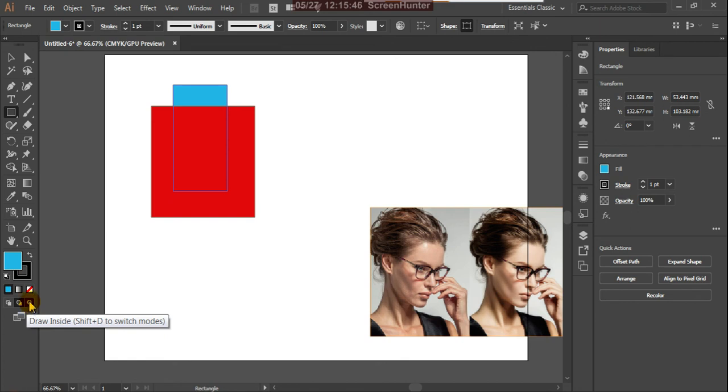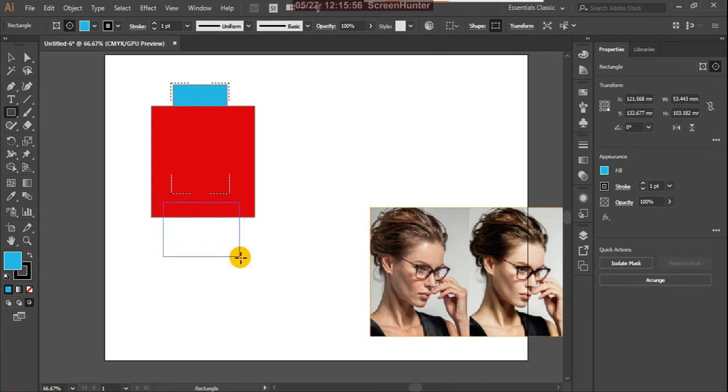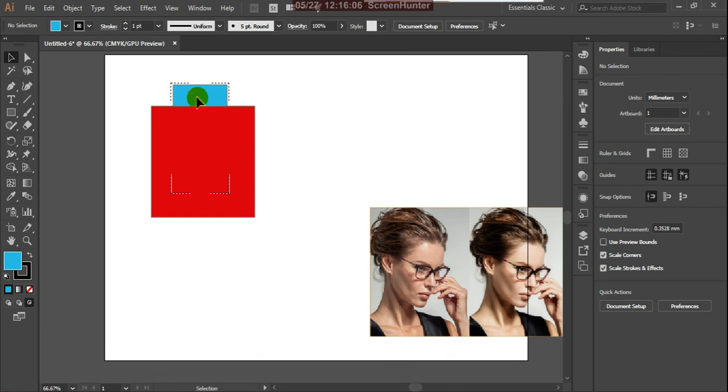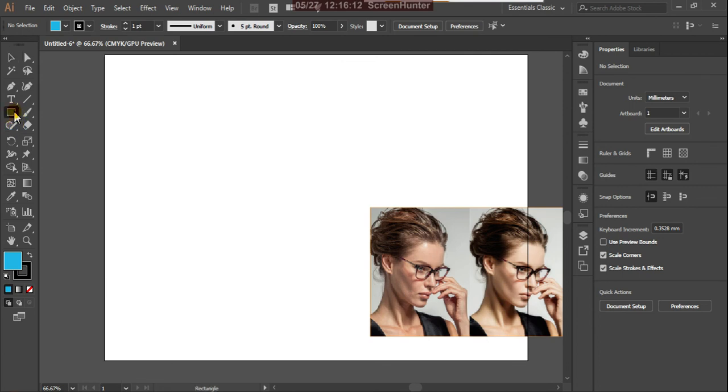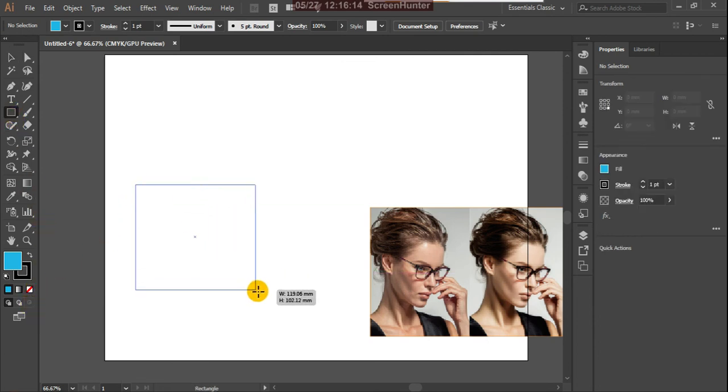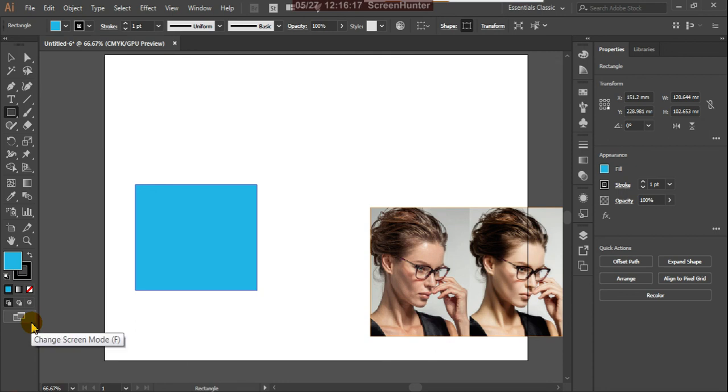So by choosing this, you can draw inside. Suppose here I'll give one example. It's very easy to understand that. Draw one. Okay, and suppose by clicking the draw inside, give the text.